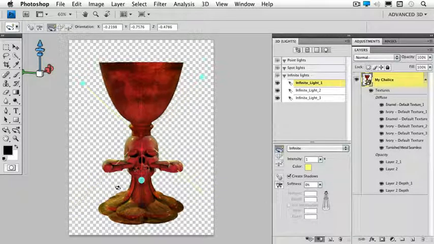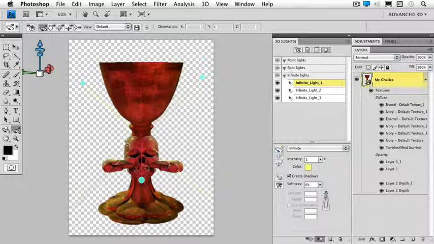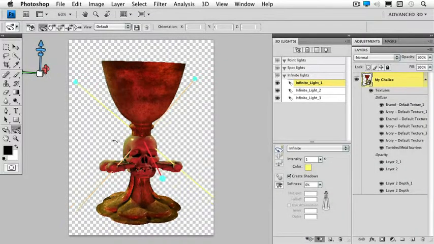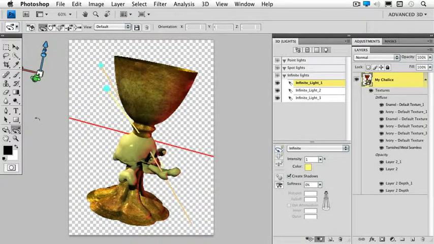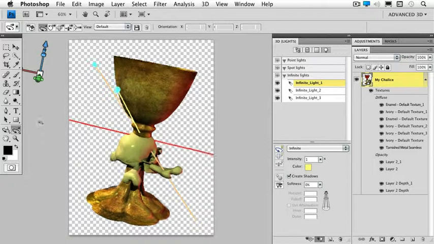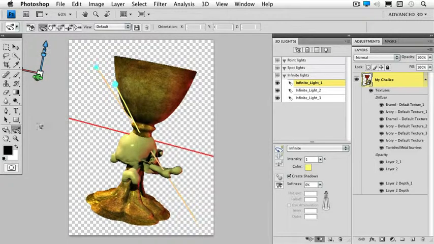Now, if you're experiencing any kind of troubles with the lights, let me show you another really cool way of manipulating the lights, and that's to come over to your camera controls, pick the orbit camera controls, come over here, and click and drag the object around